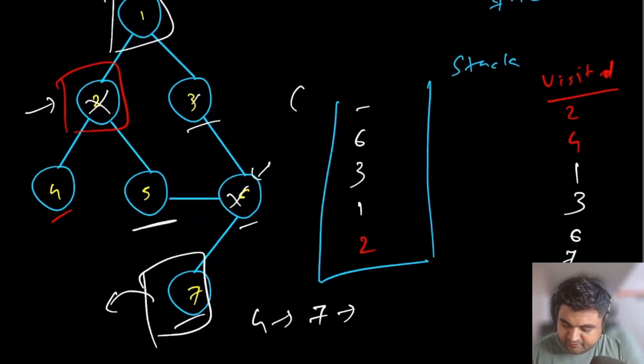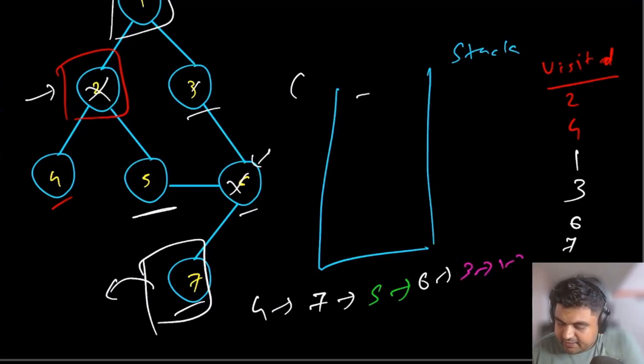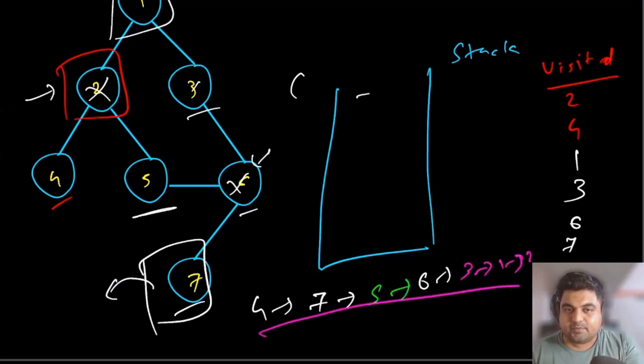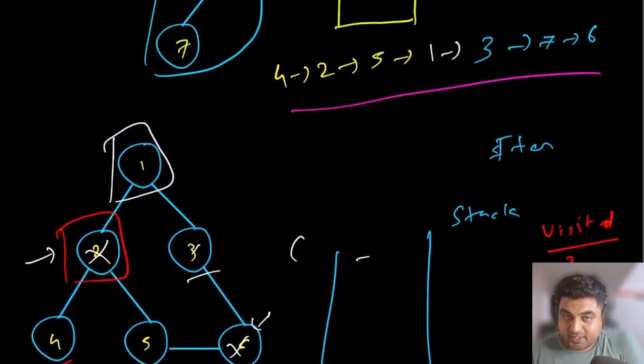So first node number 5 is going to pop out, then node number 6 is going to pop out, and every single element is going to keep on popping out in the recursive fashion. So then 3, 1 and 2 are going to pop out, and this would be one of the traversals. And we did not use recursion, we used the iterative method using stacks.